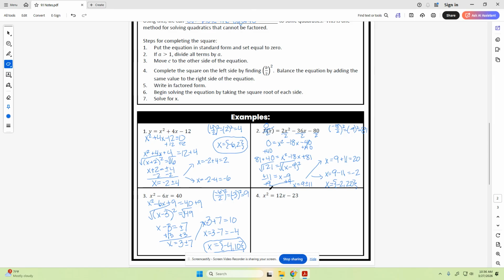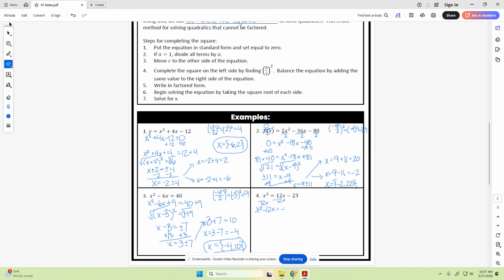So in number 4, I don't have this in the standard form in the sense that I need the x squared and the 12x on the same side of the equal sign. I can leave the negative 23 as it is like I did in example 3, but I need my two x terms on the same side. I could move everything and set it equal to 0 and then move the 23 back, but to me that just seems like unnecessary work. So to move the 12x to the other side, I would subtract it so that I have x squared minus 12x, and I'm just going to leave that as equal to negative 23,